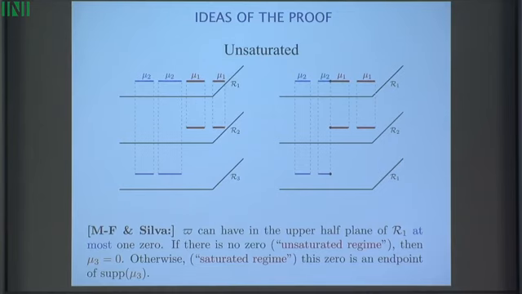Now, if you go to the saturated regime where a zero appeared, then what happens is you have another branch cut. Now you have zeros here and here. You have another branch cut that will make for the support of your measure mu3. This is the one that now connects sheets 2 and 3. Again, they can collide, and at some point it happens that all three come together. You saw already in the picture when this situation happens. The only two configurations possible.